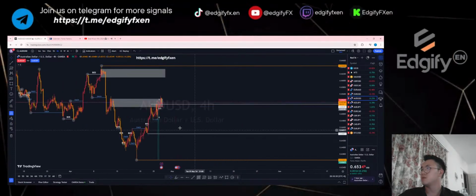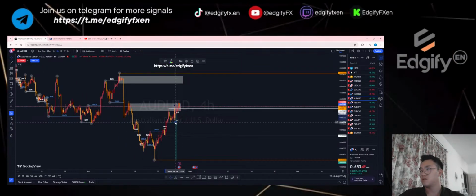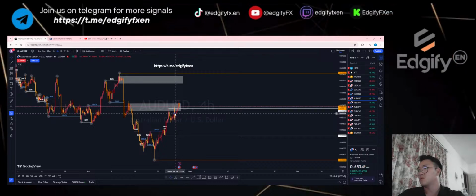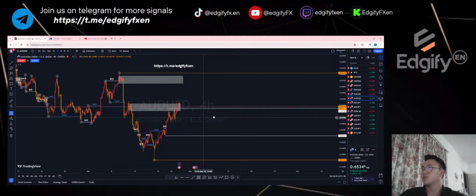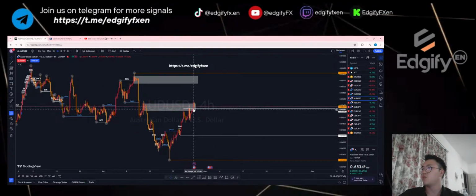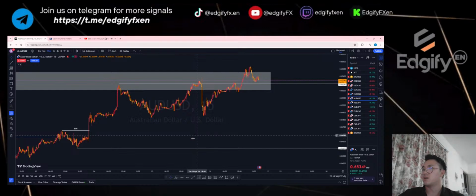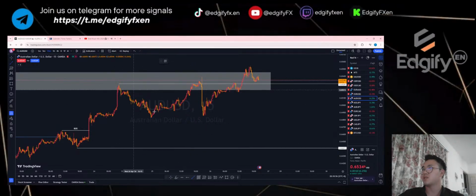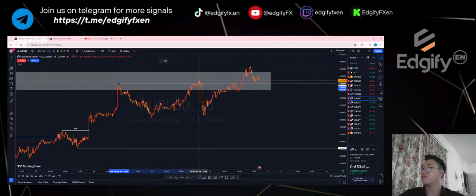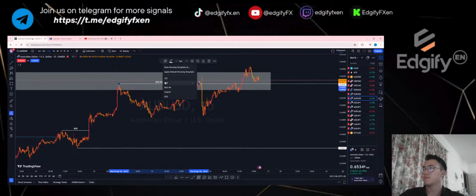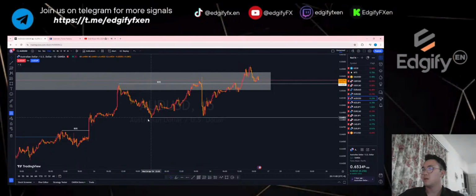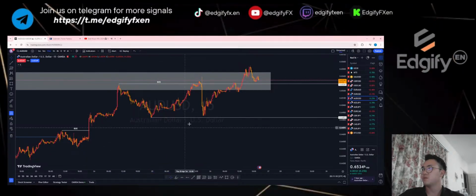Okay, AUD USD. AUD USD, hour 4, this zone here I won't be using anymore because we have a break, right? But we will have to hop on to the 15 to see what we have. All right, so on the 15, it respected this level, it respected here again, right? But it couldn't hold, and eventually it has broken above. So I'm just going to mark my 15-minute zone.